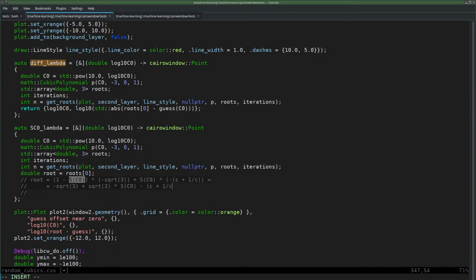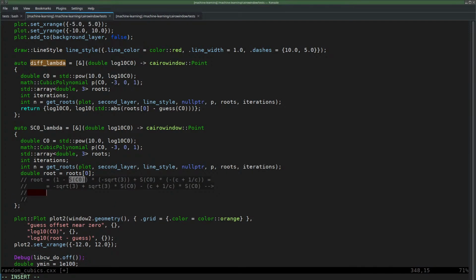C plus 1 divided by C times the S of C0. From which follows that the S of C0 equals